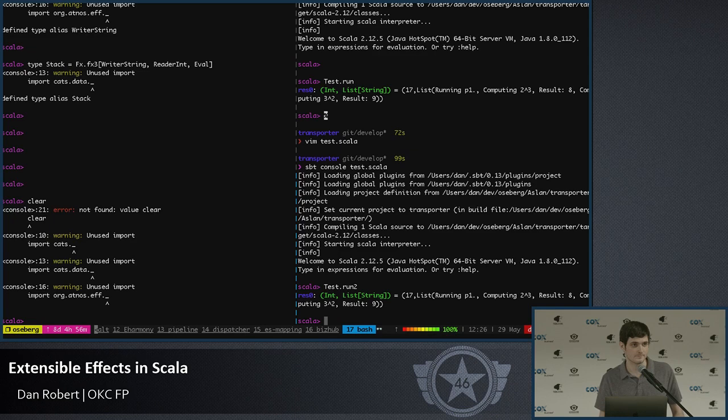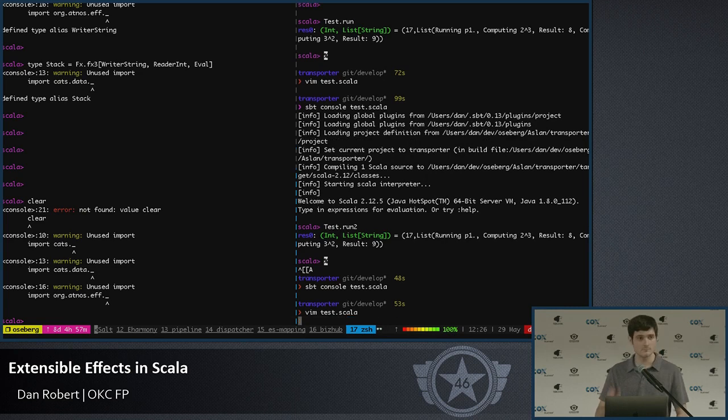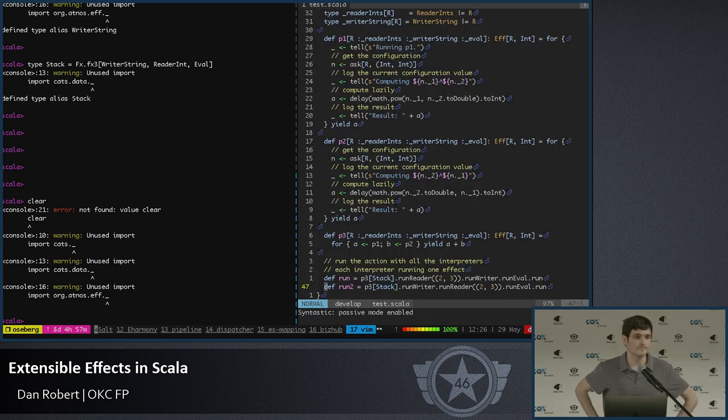Another question? Yeah, keep it back to code. So when you're defining your P1 or P2, is it implicitly knowing that it's constructing those monads? Like if you just drop right into the for comprehension and start using readers and writers, at what point does it infer from